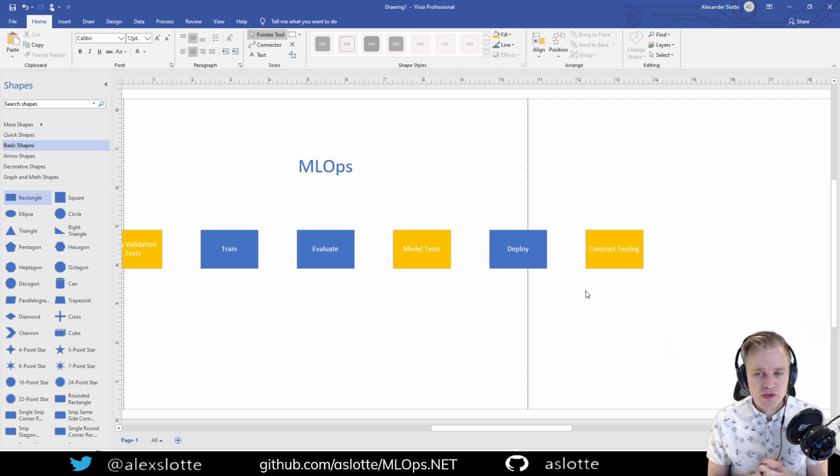So we want some contract testing here as well to ensure that our input data is reasonable and our output predictions are good as well. And we also, in contract testing here, want to make sure that what we actually send in is what we're going to use. So for example,